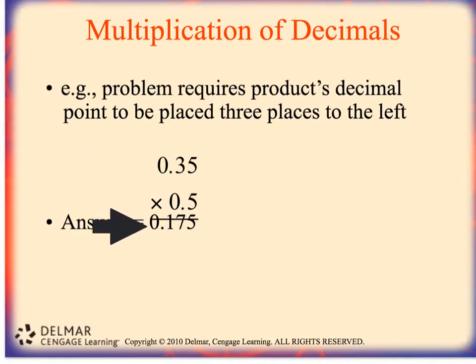You multiply the numbers out, and because there are 3 total decimal places, in the final product we're going to move the decimal over 3 places for a correct